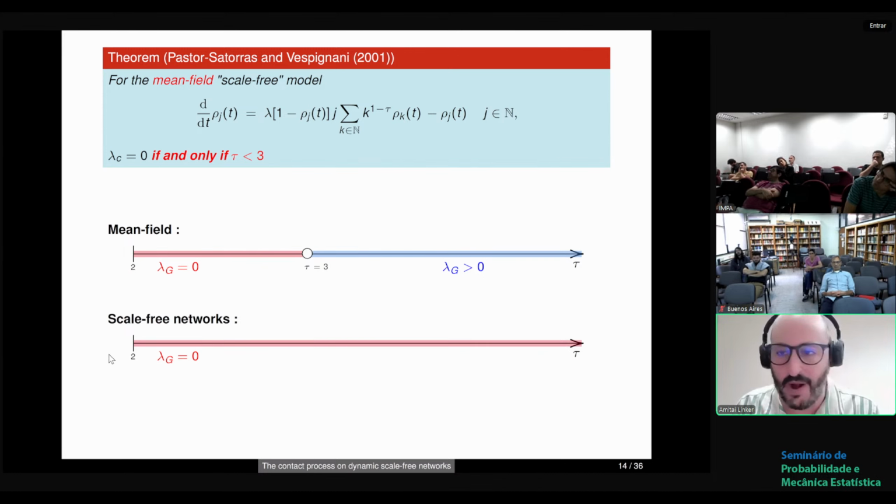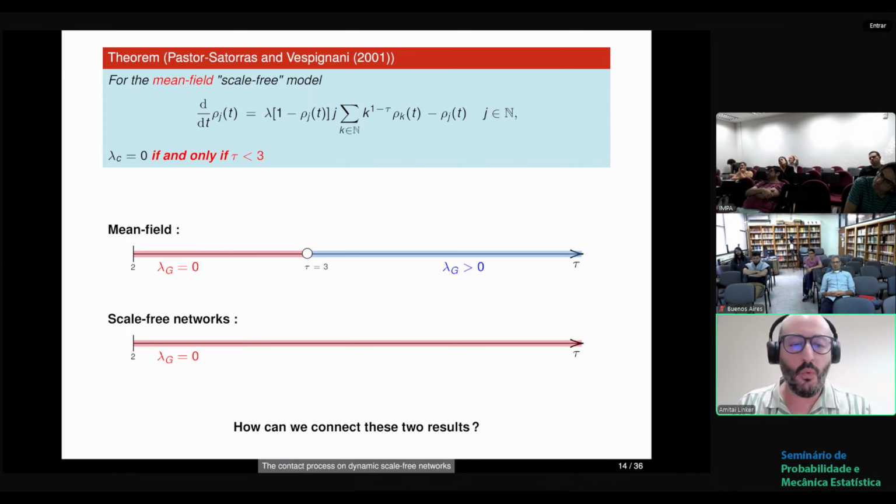You see that for any value of tau, you have this effect of lambda, the critical parameter, equal to 0. Okay, so now how can we connect these two results? How can these two results, one in the mean field version and one in the static network, live side by side? And the answer to this, in our case, was